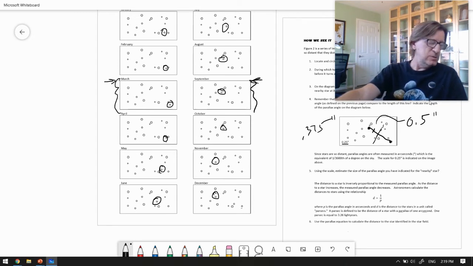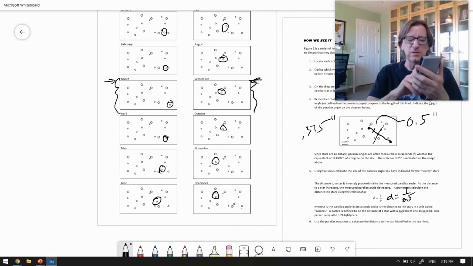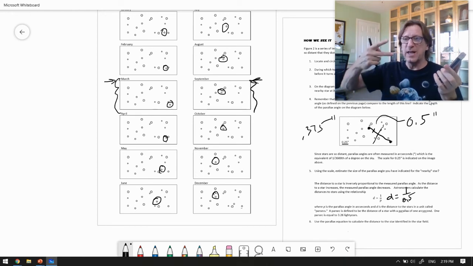So now we come down here to our formula because now we want details. We want to actually get a number, so we have to actually do some math. And so the distance is 1 over 0.5. So pull out your calculator. Now there's 2 ways you can do this. The most straightforward way, you just do 1 divided by 0.5, and I get 2, which kind of makes sense if you think about it. 0.5 is a half. 1 over a half is just going to flip it. It's going to be 2.